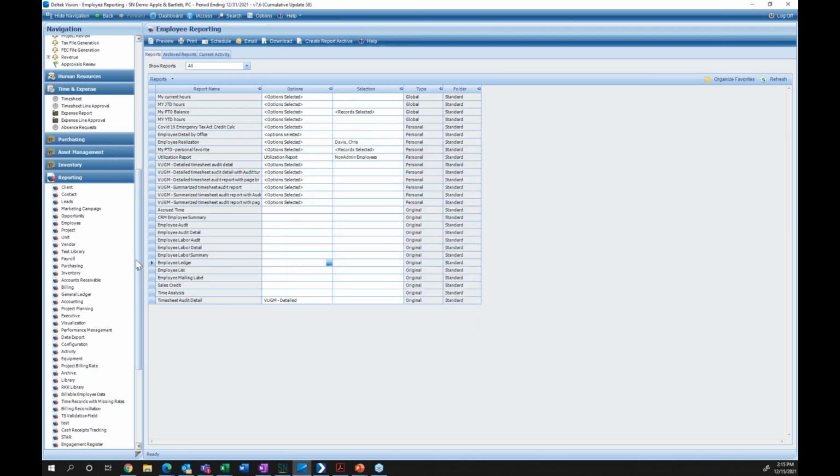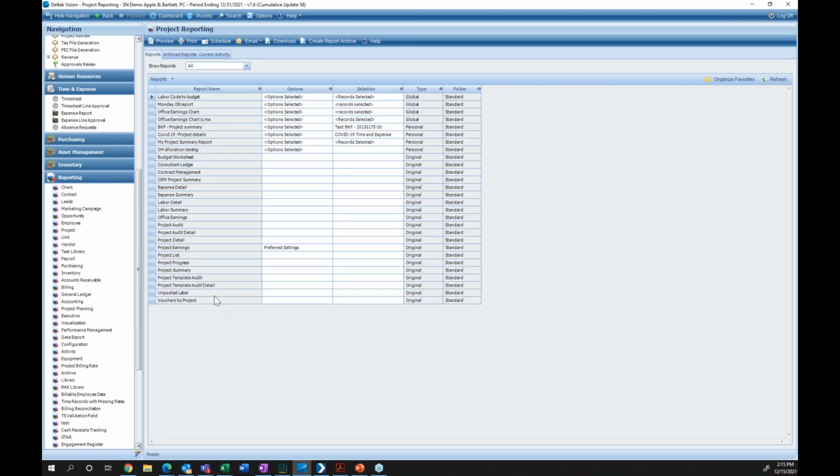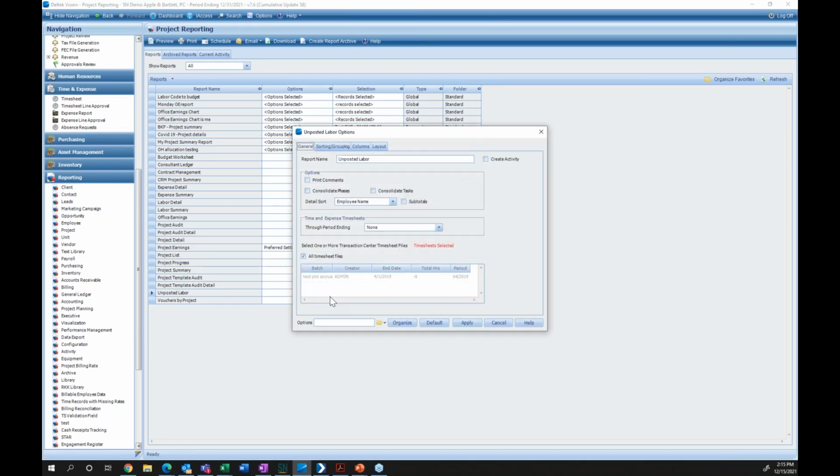For timesheets, this used to always blow my mind. Under reporting, I would go to project, and there's unposted labor. If you wanted to find all timesheets that were not posted, I could do everything prior to it.